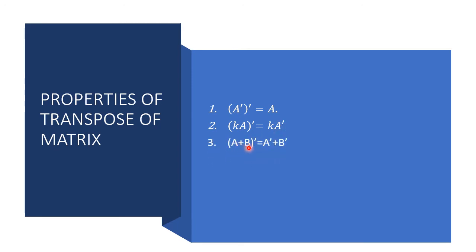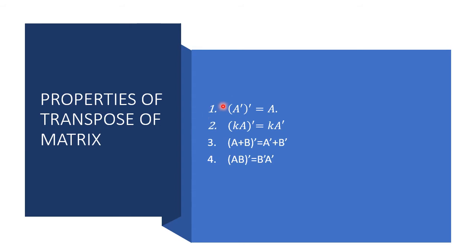Next is: the transpose of A plus B is A transpose plus B transpose. That we can verify with a question when we see it. Fourth, the transpose of AB is the same as B transpose into A transpose. So this is also property number 4, which is very important. When we are taking the multiplication of two matrices, then it will become B transpose into A transpose. And one I have not mentioned, even this book does not mention it, but as we are giving it for the addition, a similar property follows for the subtraction.